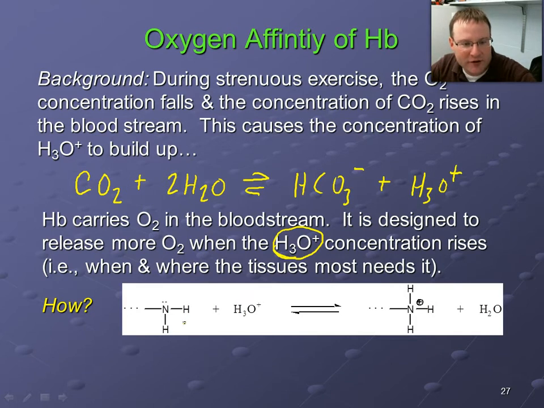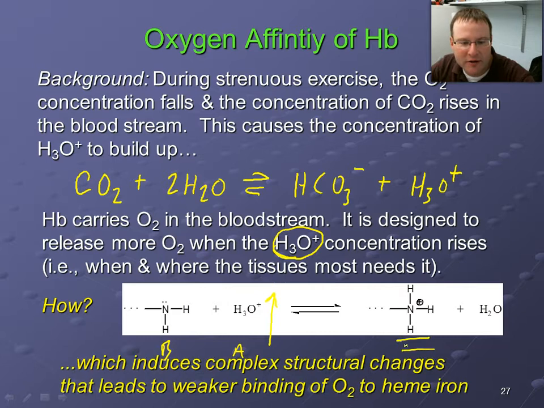So it turns out that there is an amino acid side chain in, or actually I believe it's the amino group of the protein. We'll revisit this later. But we have an amine group on hemoglobin that will react with the acid through an acid-base reaction. So we have our base and we have our acid, and if the acid concentration is increased, so if this value goes up, that's going to shift the equilibrium to the right through Le Chatelier's principle, protonating that group,